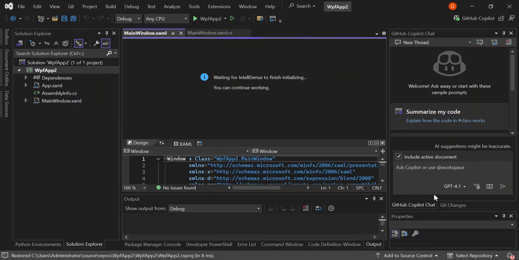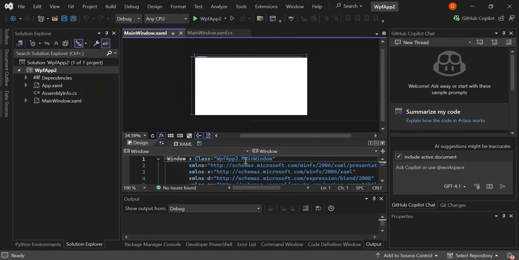Let's wait a little bit for it to load. As we can see here now, we've got a blank WPF application. So what we're going to do is use GitHub Copilot to write a very simple program that we're going to use for this video. We're just going to make an analog clock, so that we can generate an executable file from this